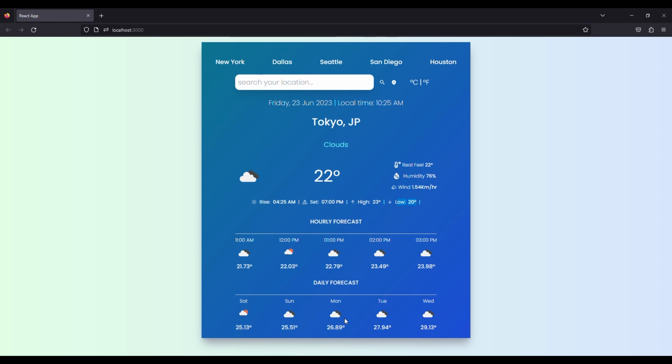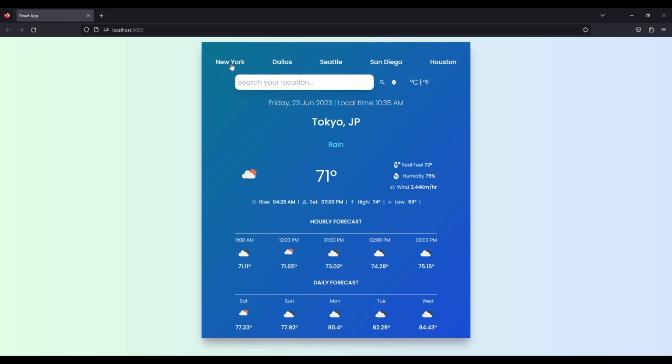fetched from the API of OpenWeather API. When I click degree Celsius, the data related to degree Celsius will be fetched, and when I click degree Fahrenheit, the data related to degree Fahrenheit will be fetched. There is no conversion in between. Not only this, but also the icons and images, everything is fetched from this API's URL, and they also have the top bar section with some real-time